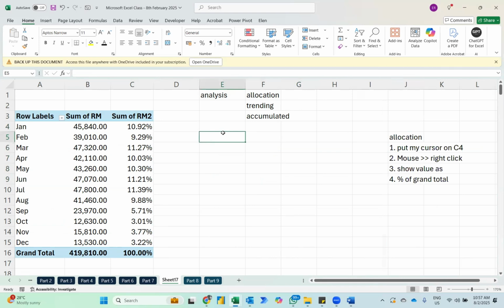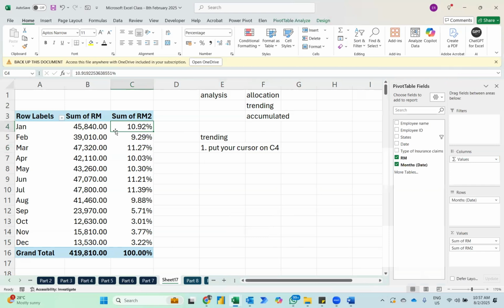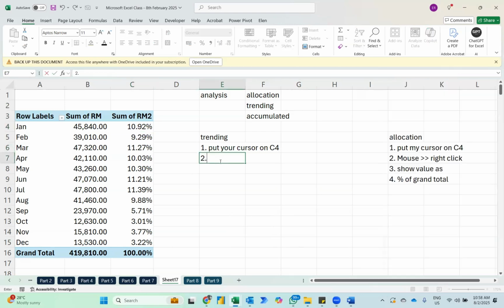But also the normal famous thing is what people will do is trending. When you have a monthly report, trending is famous. That means you put your cursor on C4. C4 means the coordinates or the cell C4. Cursor means yang warna hijau ni, the green color box. Number 2 is you use your mouse and you press right click, right click at C4. And then number 3, you click Show Values As. Number 4, you click on Percentage